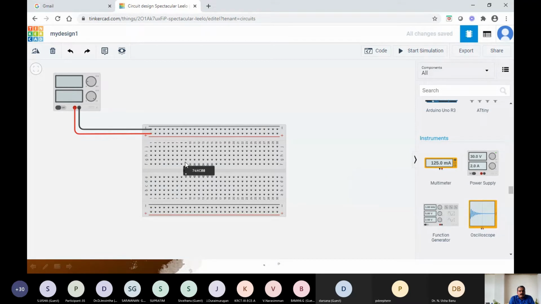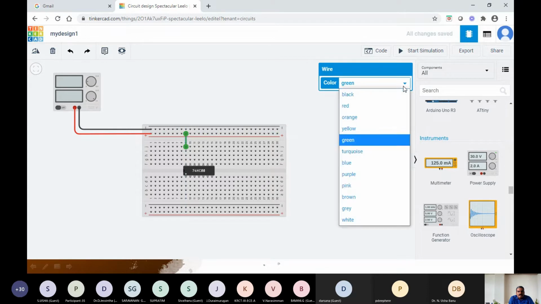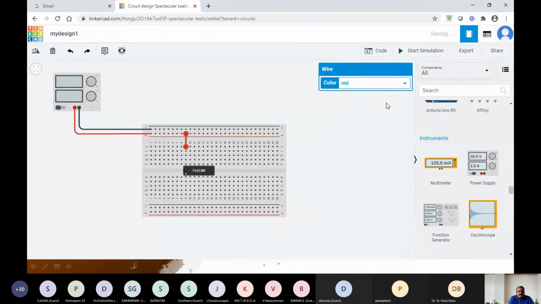Okay. So now what we have to do, we have to give the power, that is pin number 14, to this connection, right? So this is your power line. So I will be taking one wire from this and I will be connecting over here. So as it is a power line, I am giving the connection color as red.